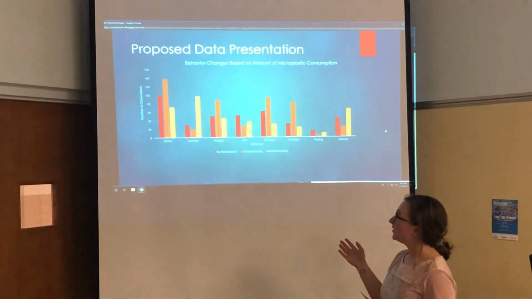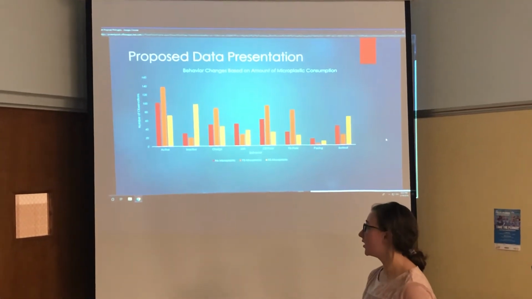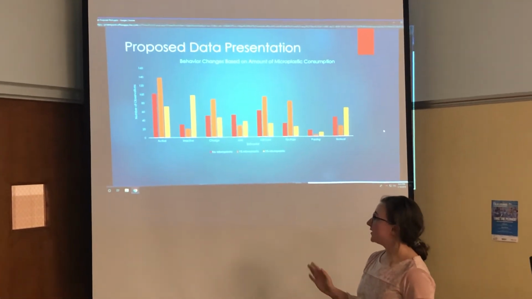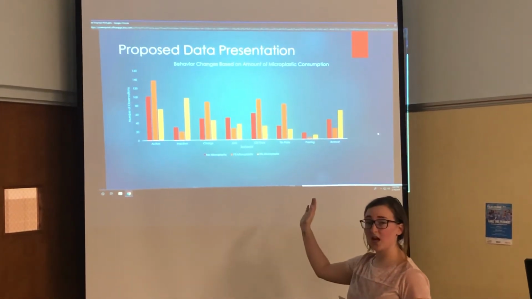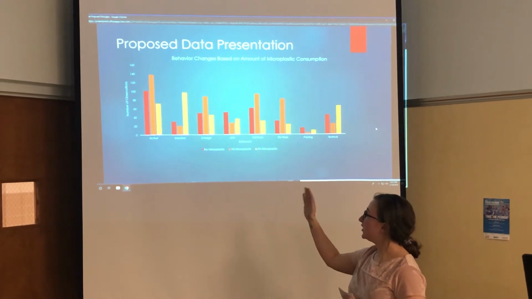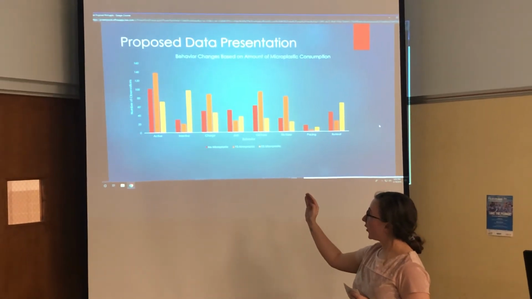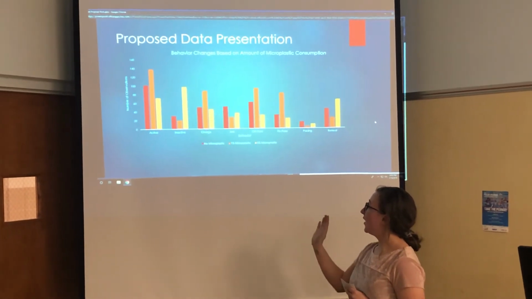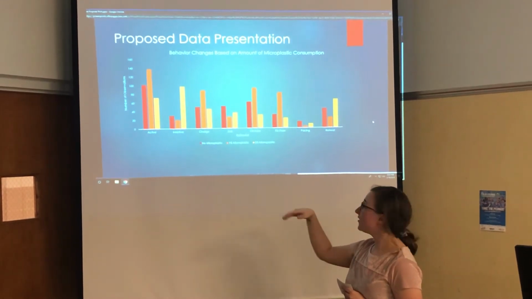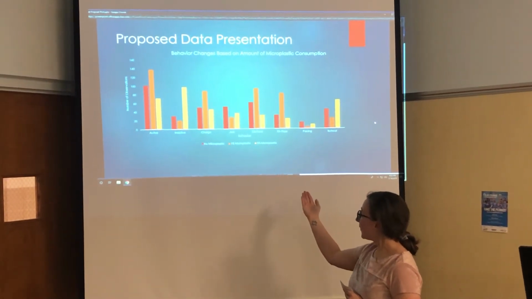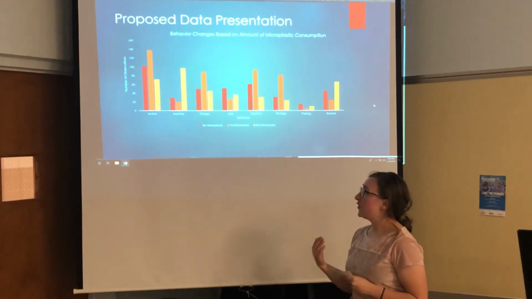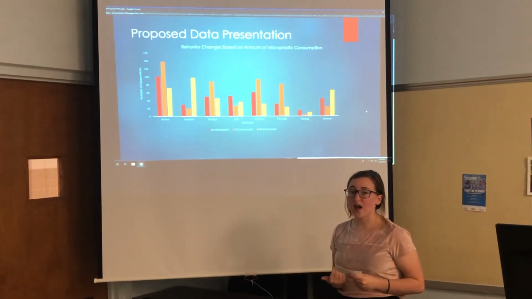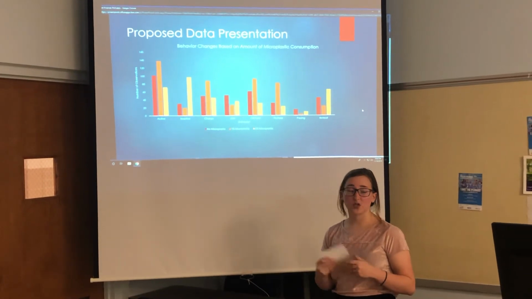Here's my proposed data for the amount of microplastic consumed. You can see when no microplastic is consumed, you have fish that are still active, but you don't see a lot of aggression. But this changes abruptly at 1% microplastic consumption when you have spikes in aggressive behaviors, and then at 5% microplastic consumption, you see a big drop, which means the fish are consuming so many toxins that they begin to show lethargy.